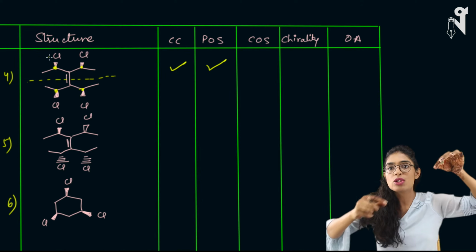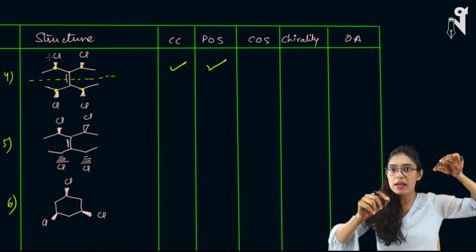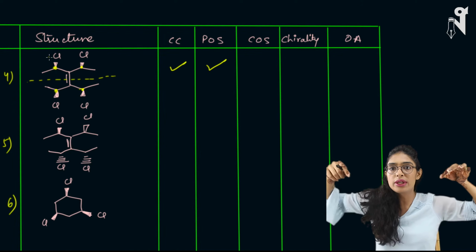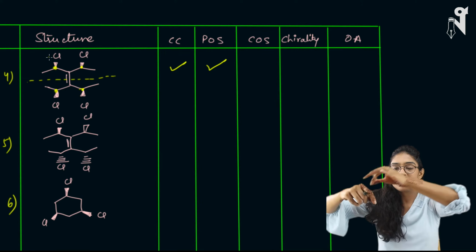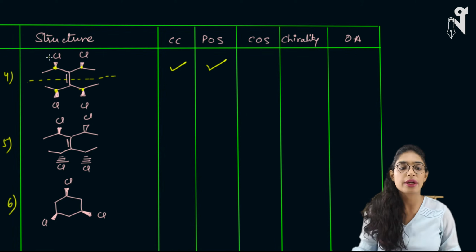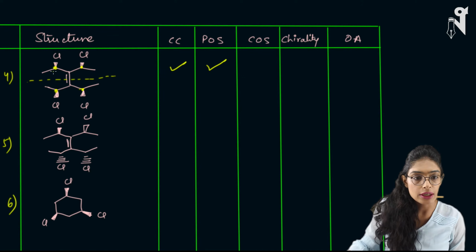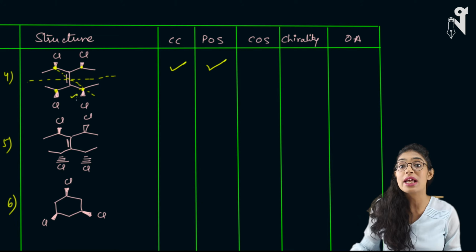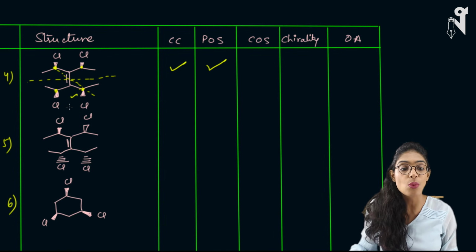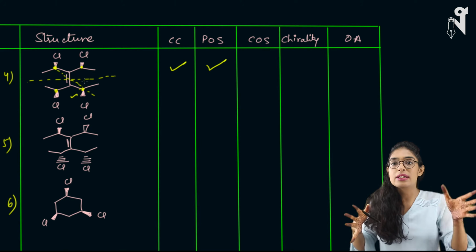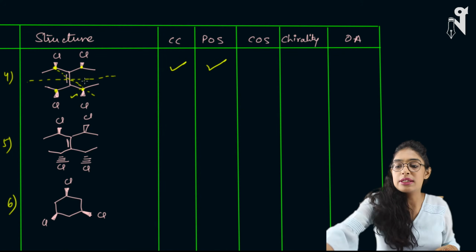So if you try to match one chlorine and then pass a line through the center and try to find the other chlorine on the other side, are you getting it? No, because the chlorines are all on the top like this. So we will not be able to get any chlorine in the opposite direction. If I pass a line, it looks like there is a COS because this looks like it is in the opposite direction, but no, just understand this is a wedge shape, meaning all are towards the viewer, all are standing on the same side.